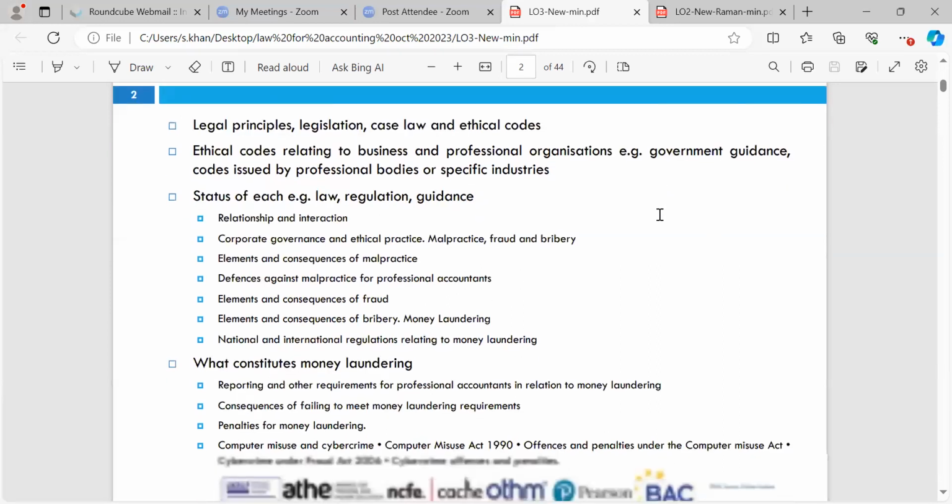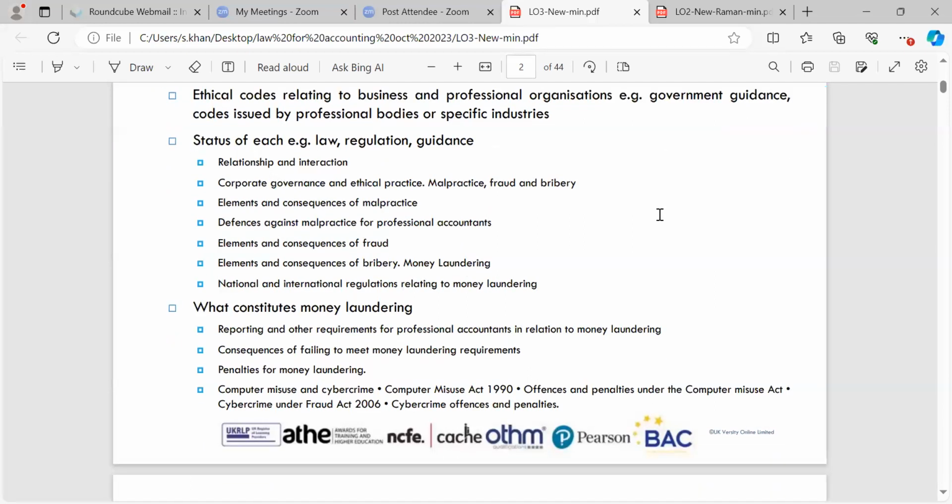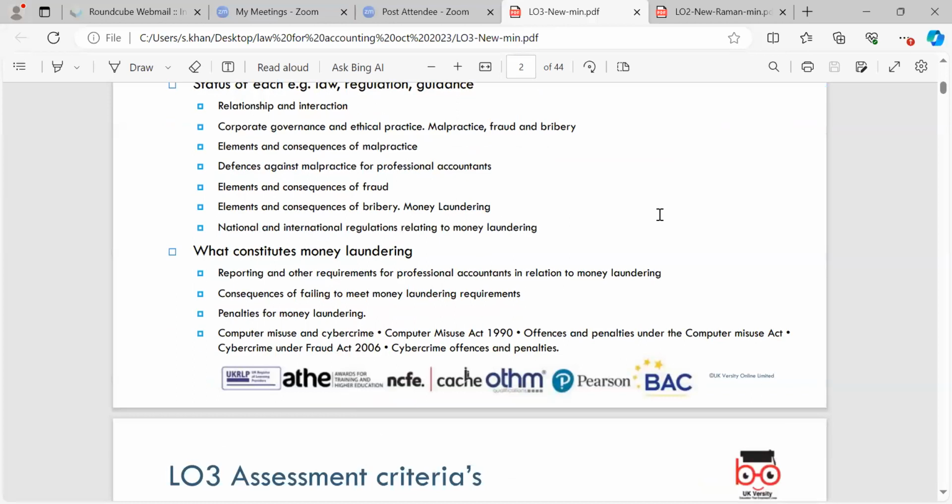We look at the status of each law, regulation, guidance, relationship and interaction, corporate governance and ethical practice, malpractice, fraud and bribery, elements of consequences of malpractice, defences against malpractice for professional accountants, elements of consequences of fraud, elements and consequences of bribery, money laundering, national and international regulations relating to money laundering, what constitutes money laundering, reporting and other requirements for professional accountants in relation to money laundering, consequences of failing to meet money laundering requirements, penalties for money laundering,